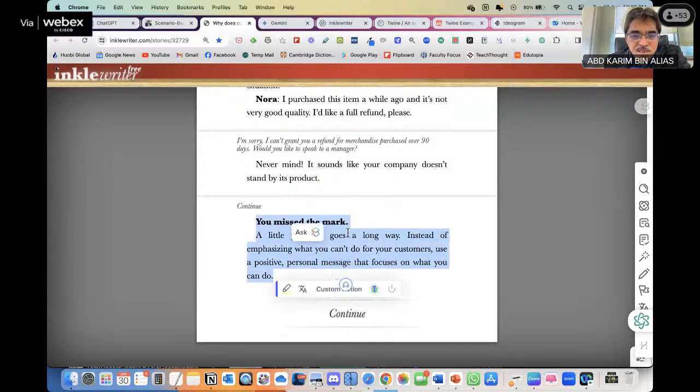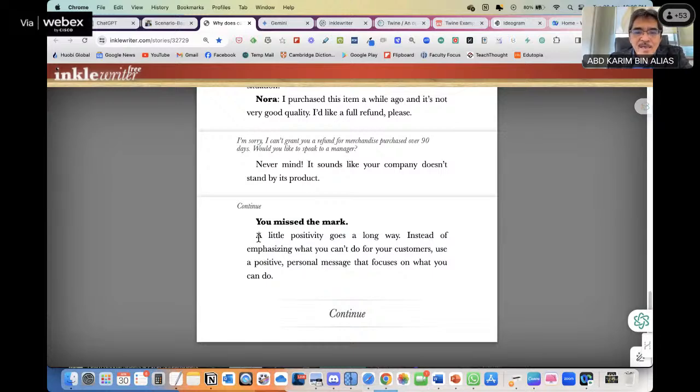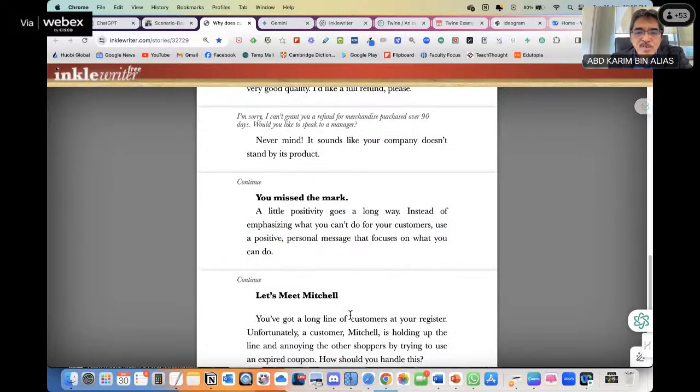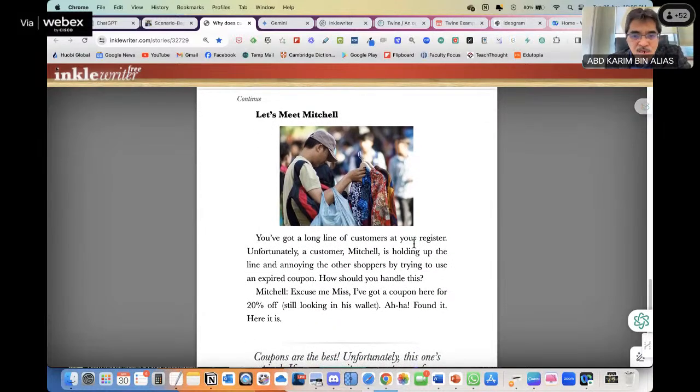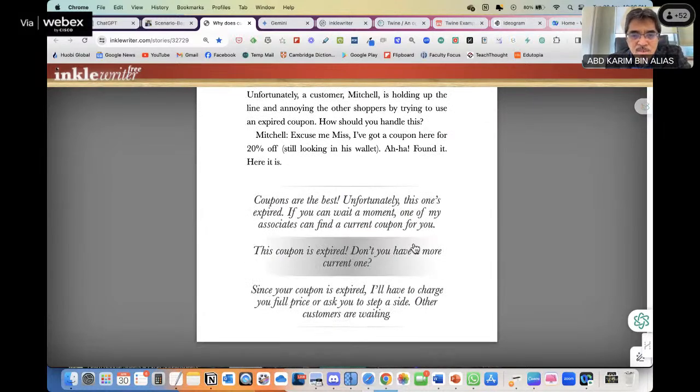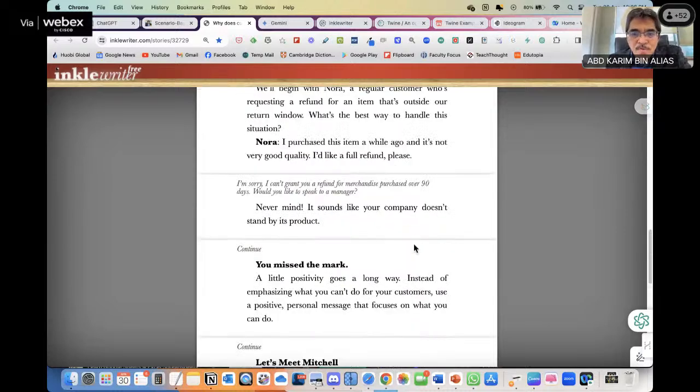"You missed the mark," meaning the choice just now is not appropriate, and there's feedback. Then I continue to the second scenario, with more options, and so on.